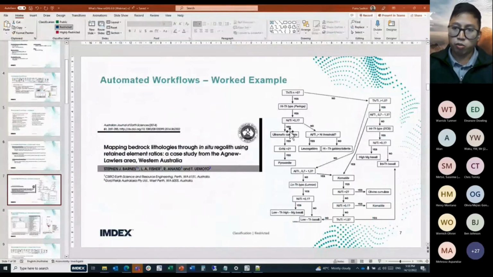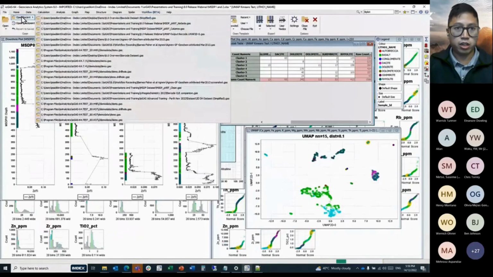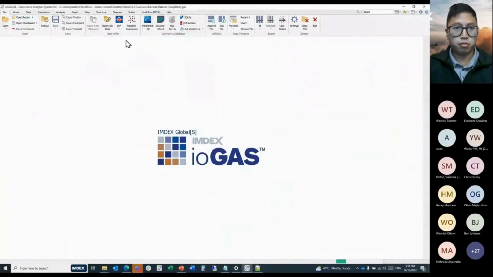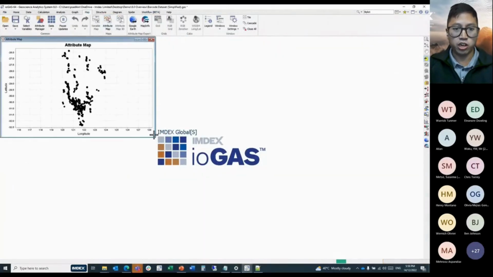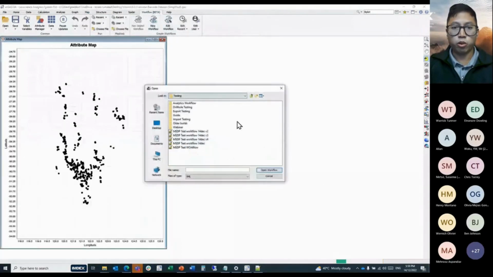So from this case study, what we've done is basically we've created a bunch of select rows by query steps, and we've basically allocated rows that correspond to certain criteria into lithology groups. So if I just open up the barcode data again, this is the first data set that we looked at. And if I can show you that workflow that we used to show,